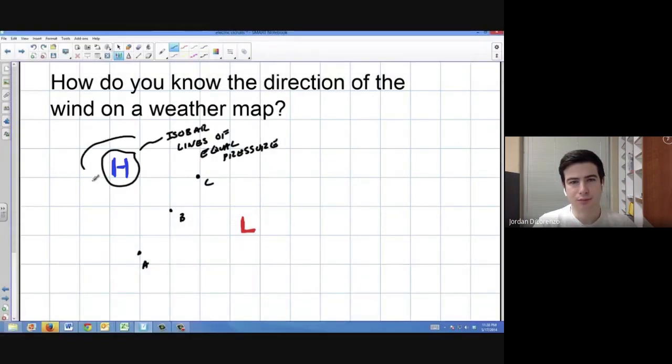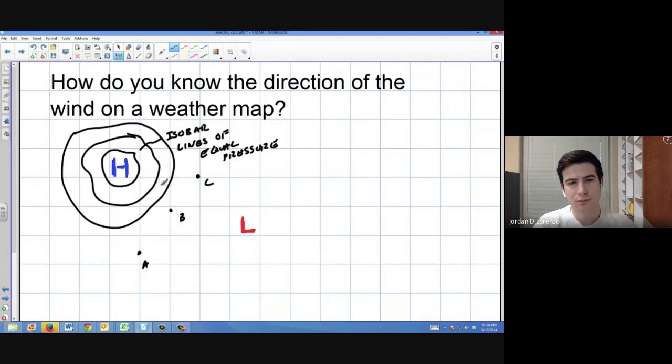Okay, and so as these go out, each one of these lines has equal pressure on it. So it could be 1,000 millibars, 900 whatever it is. It gets higher as it goes up, so 900, 1,000, whatever. Same thing around the low pressure. So they make these rings. They're not exactly circular or concentric, but